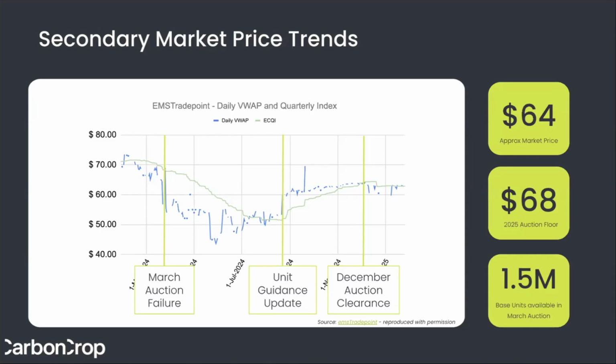Interestingly, from the secondary market prices, the market is currently basically pricing in auction failure, but there's also a number of supply and demand pressures that are driving the short-term secondary market price. So I think the March auction will certainly be interpreted as a signal one way or the other by the market. In the interim, my guess is as good as yours regarding where the price is moving.